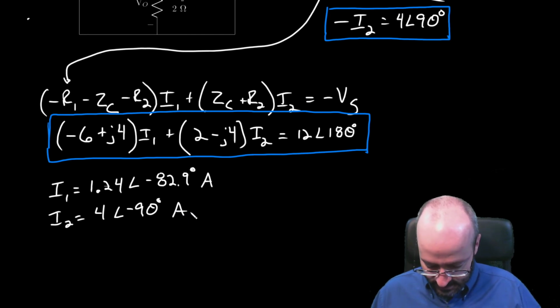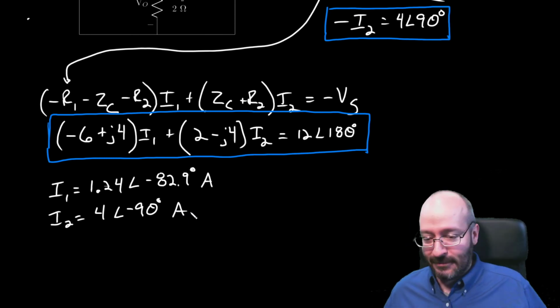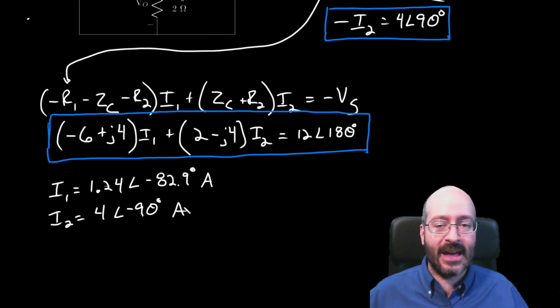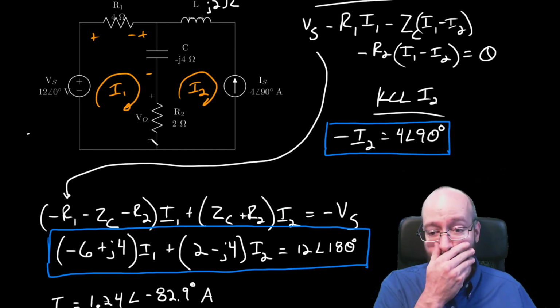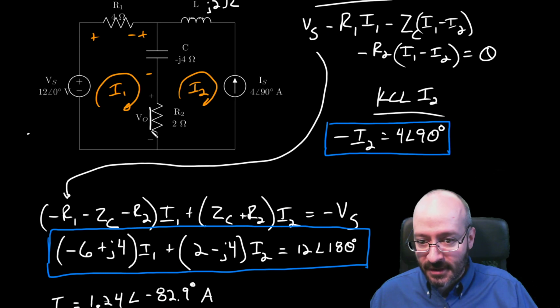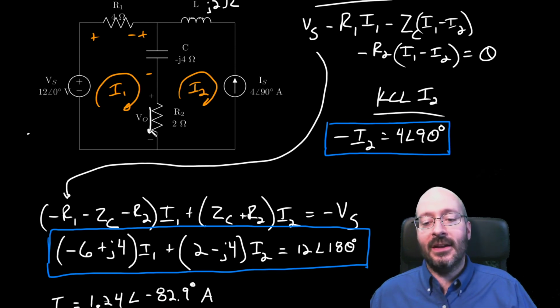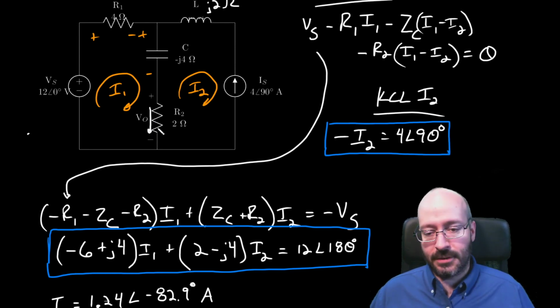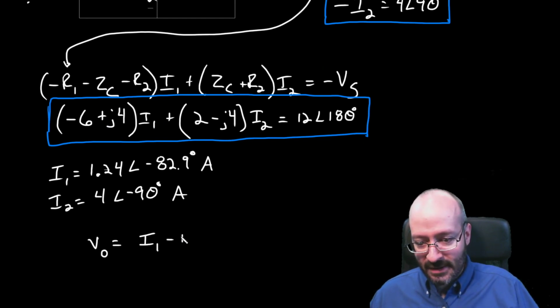Okay, so I'm going to store those, because I really don't want to type them again if I can avoid it. So I have I1 and I have I2. I got to use those to find V out. I find it in the same way. The positive direction according to passive sign convention is down, right? Does I1 touch it? Yes, and it goes in the positive direction. Does I2 touch it? Yes, but it goes in the negative direction. So for V out, we have I1 minus I2